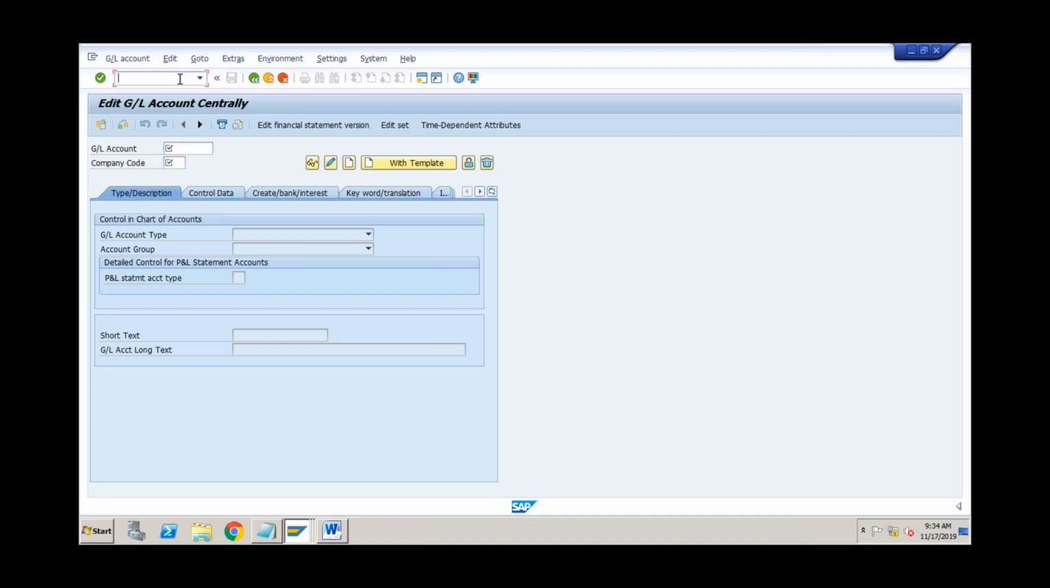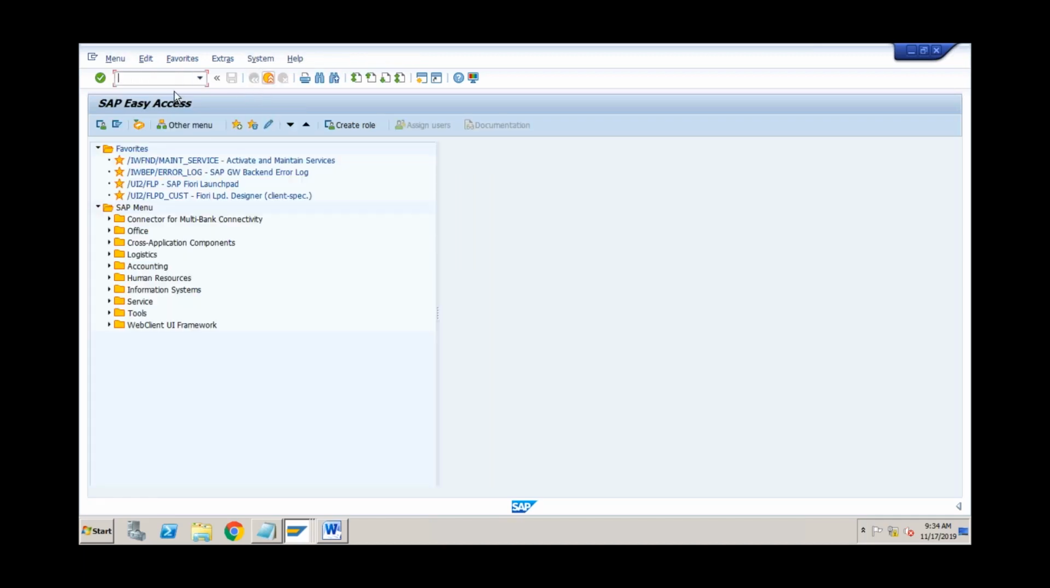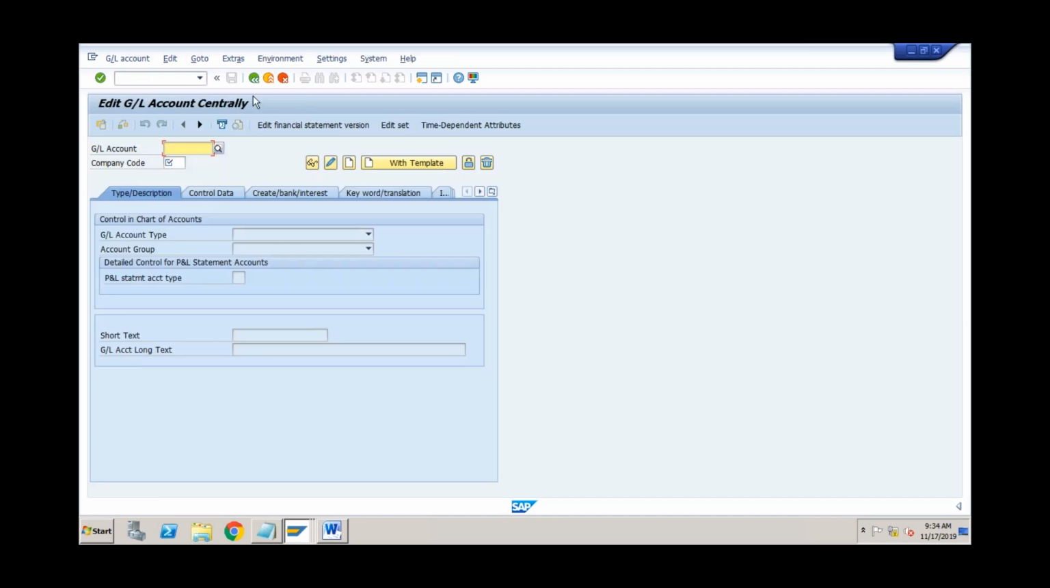What was the transaction code to create a secondary cost element in ECC? Any idea? You remember the transaction code? I don't recall, Vikram. Okay, it was KA06. Even if you open transaction KA06, it is again taking you to the same